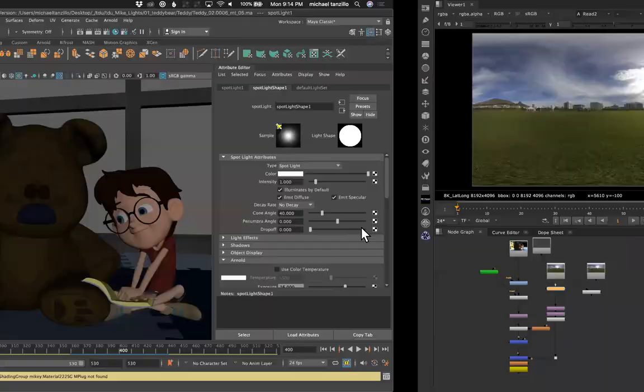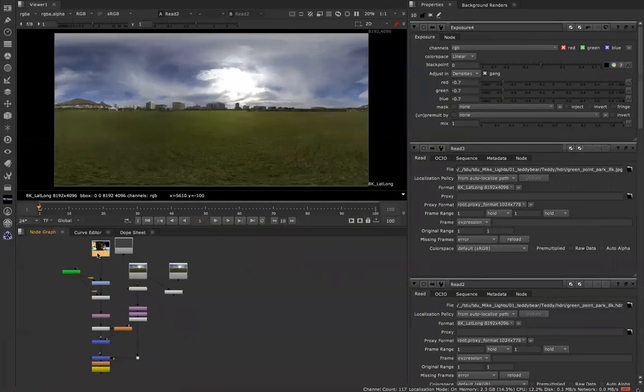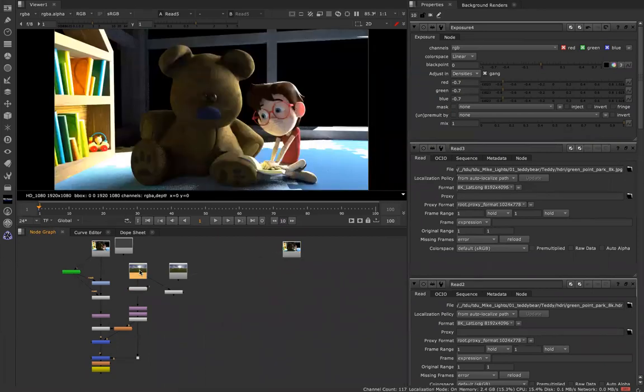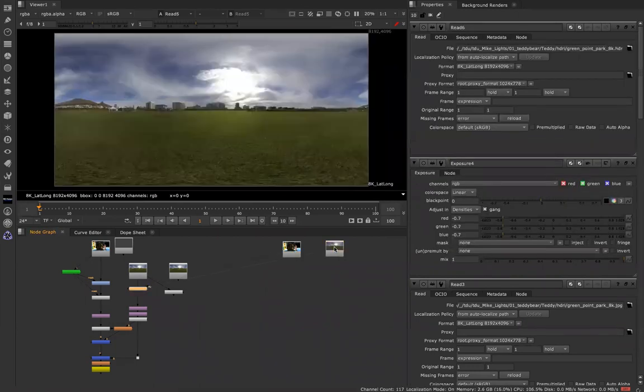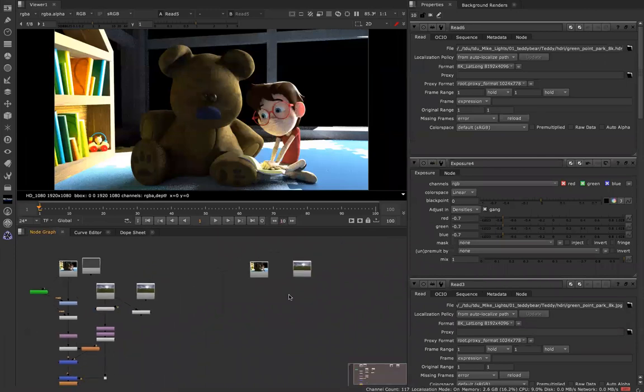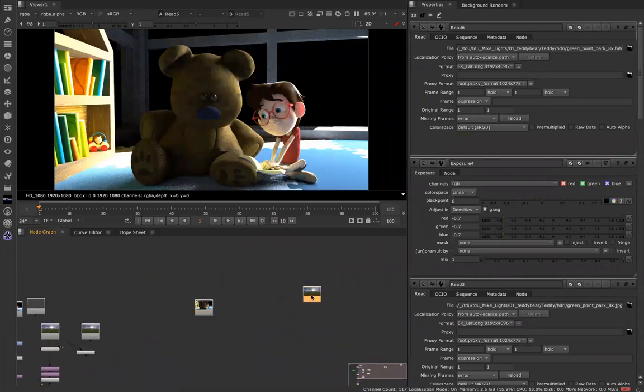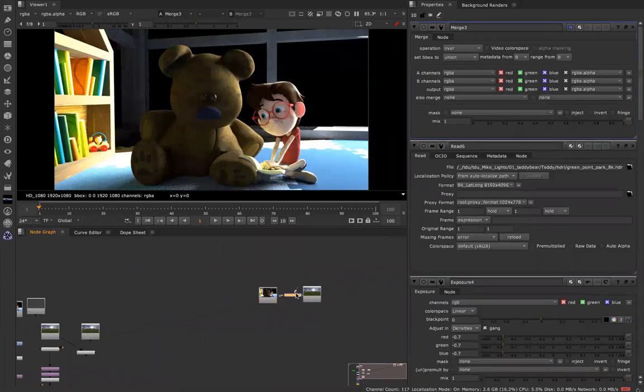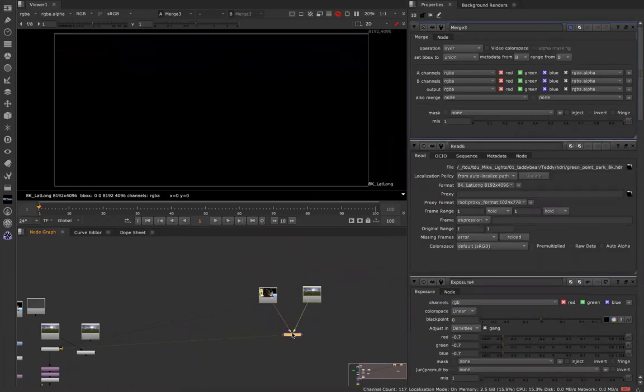So I rendered out this image, and now we're going to go into Nuke a little bit. So let's just go ahead and take this, and I'll show you the whole buildup of this. Again, I want this as the main element, and I want this as the background, right? So the first thing I want to do is make sure that they're all scaled in together, like they're the same size. Because basically, if I just create a merge here and put A over B,